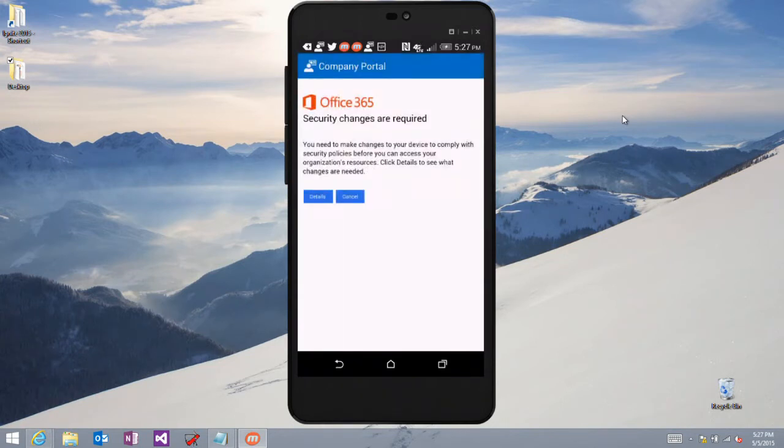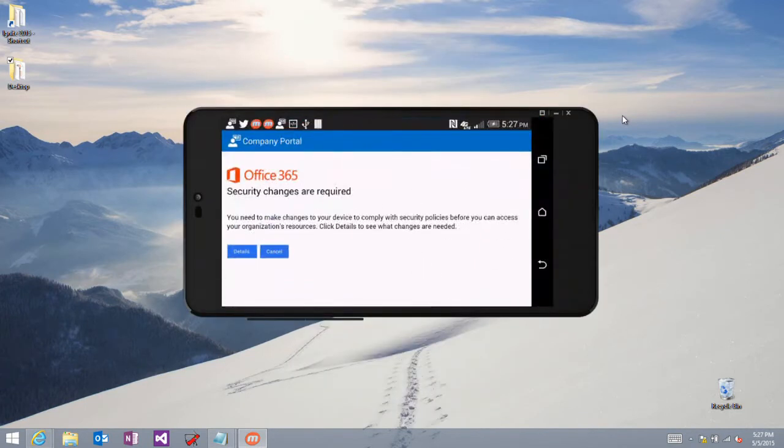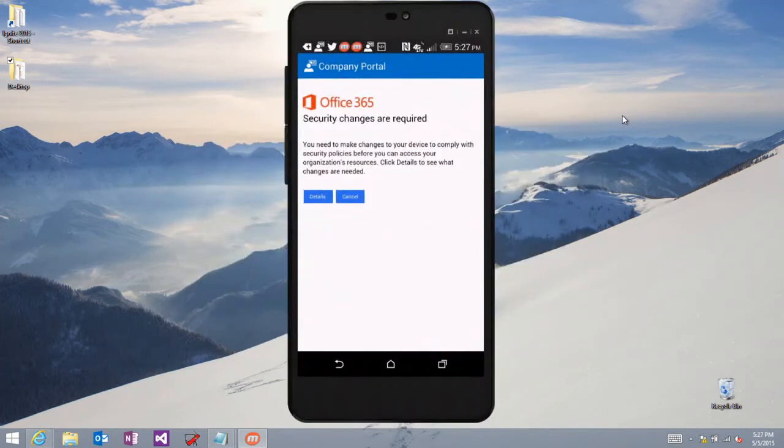So at this point, I'm getting a different prompt. My device object exists in Azure AD. AD knows about the device, but Intune, in its last policy evaluation, decided that this device is no longer in compliance and updated the device object record to say that fact. The next time I tried to authenticate, Azure AD knew that I was out of compliance and blocked me from accessing my email. So this time, when I tap on Details,